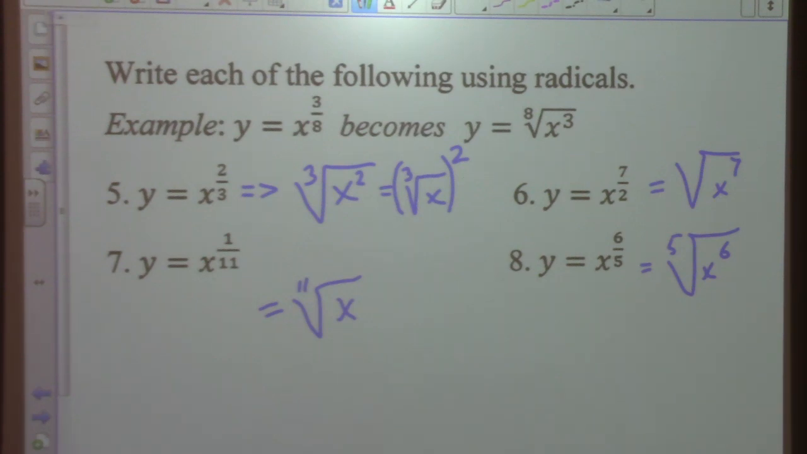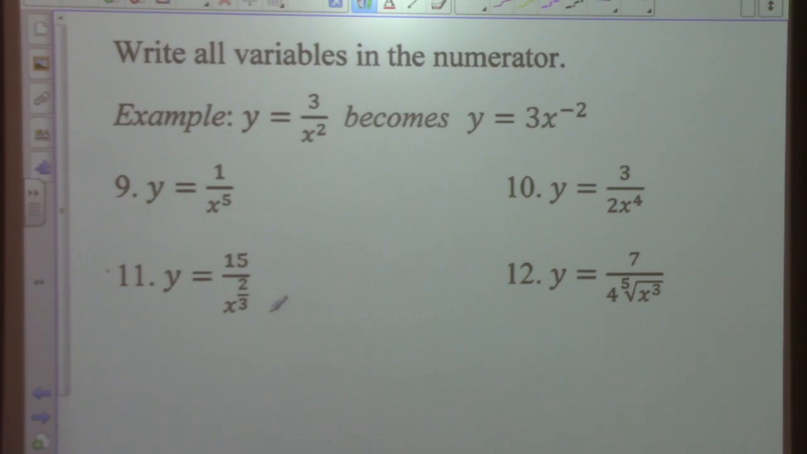Okay, then we have these things here. What it is, you're writing all variables in the numerator. So how do we write this thing here with the variables in the numerator? The x and everything. Yeah, x to the negative 5th. Okay, that's good. This one here, you would multiply the thing. It'd be 3 over 2, x to the negative 4. We would have